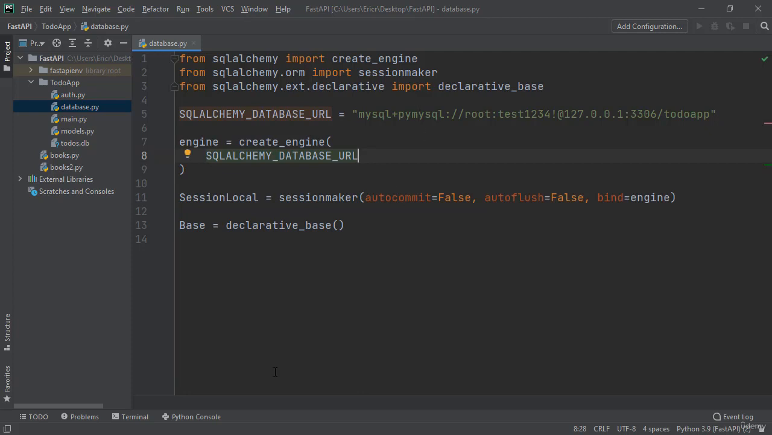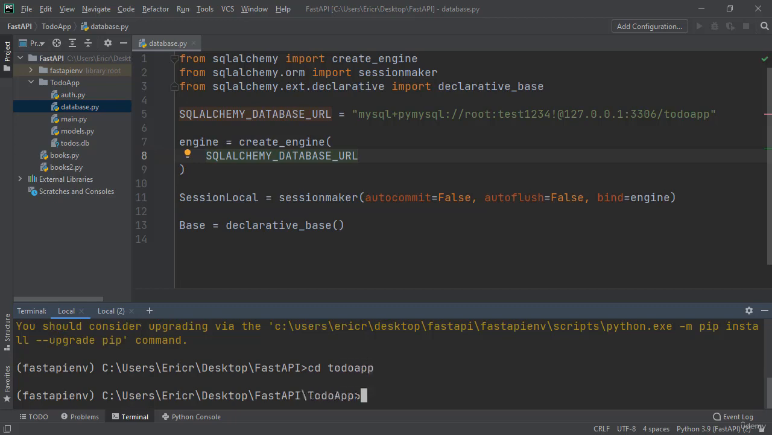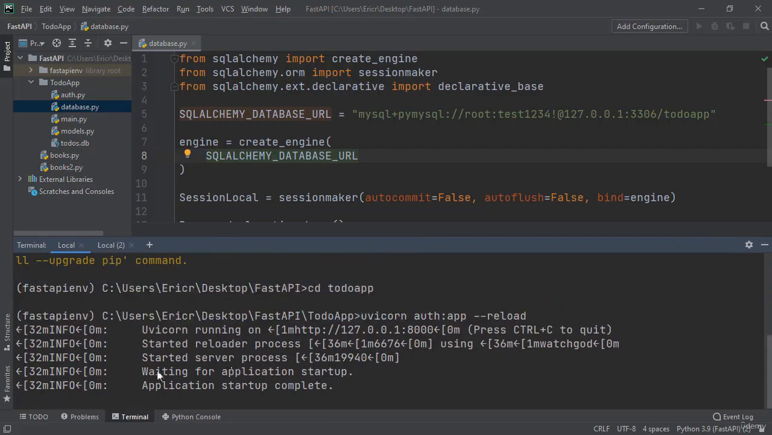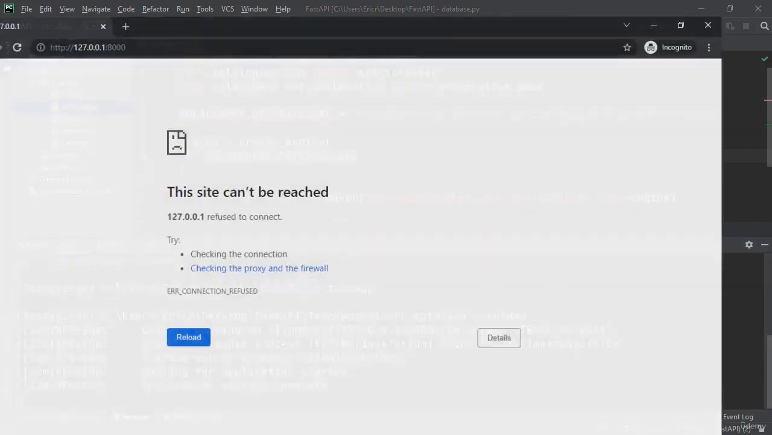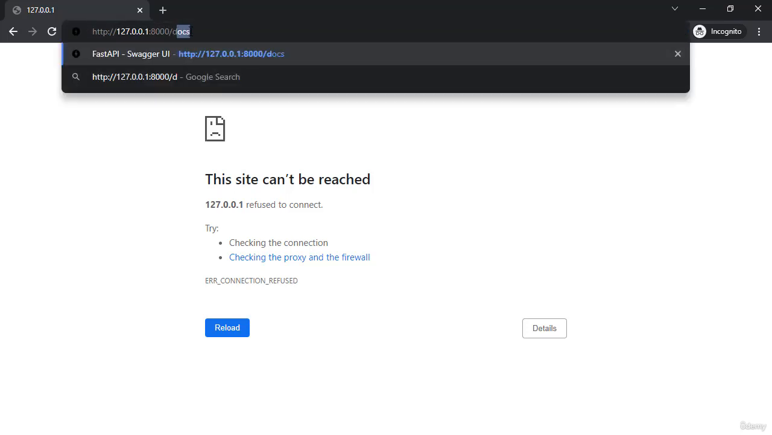So I'm going to save our file, open up our terminal, jump back into our To-Do app, and then type in uvicorn auth:app --reload. And now let's open up our browser to our port 8000. I'm going to say /docs,